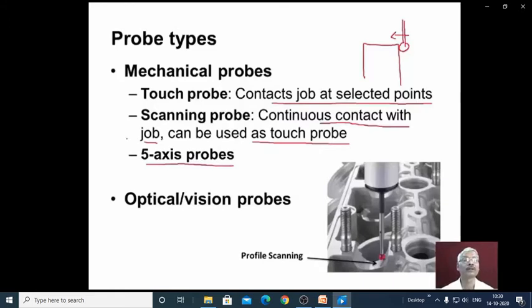And there is another type of probe called the optical probe or vision probe. You can see here this is a profile which is to be measured. So we have to select the scanning probe. It continuously moves over the profile, and then it sends the data points to the computer.